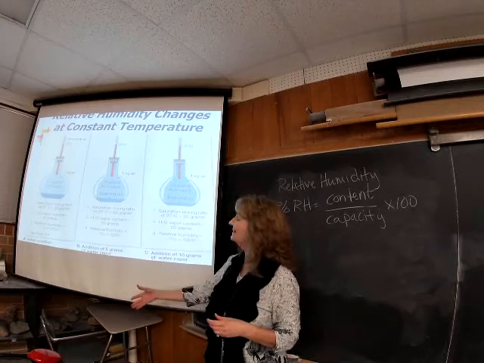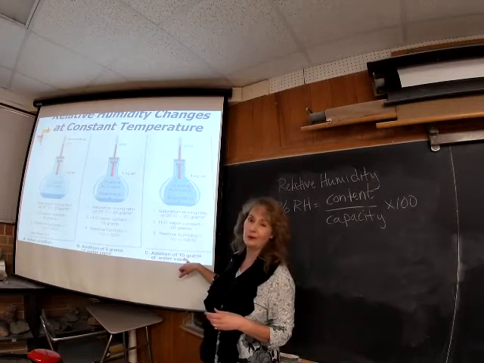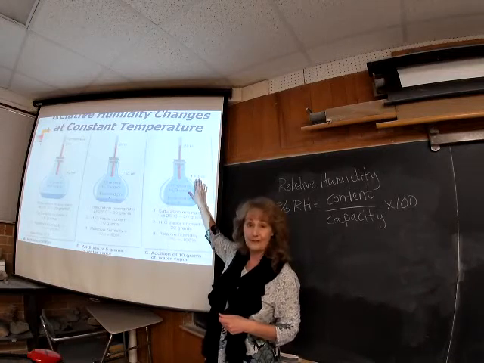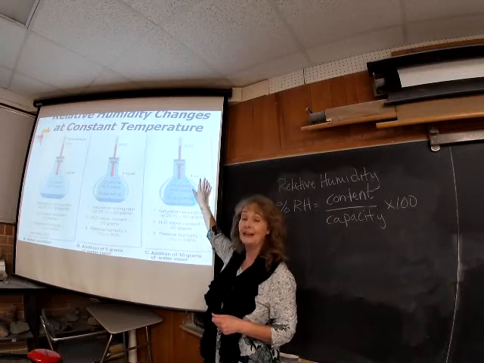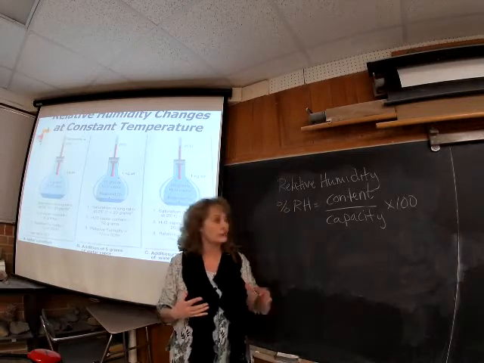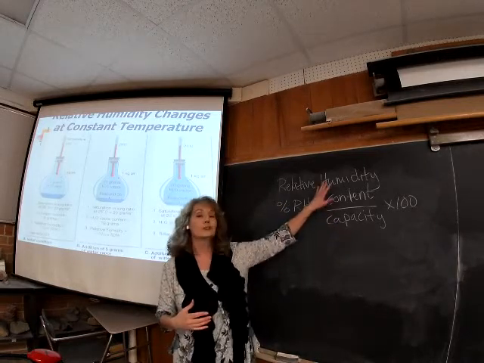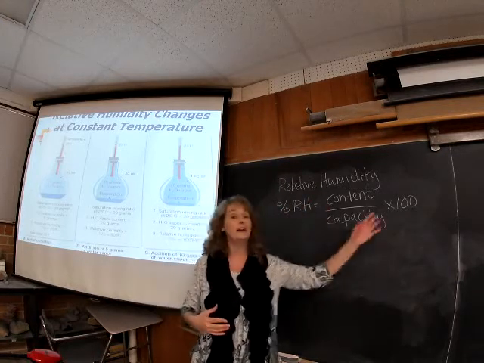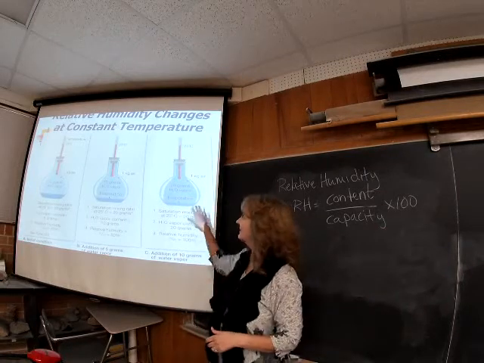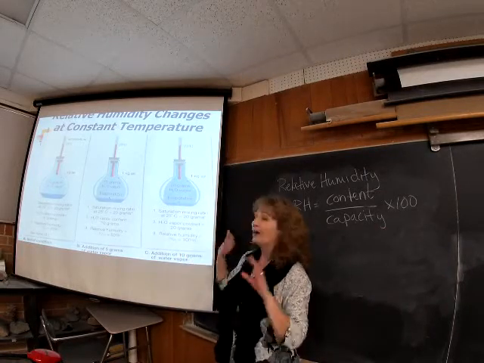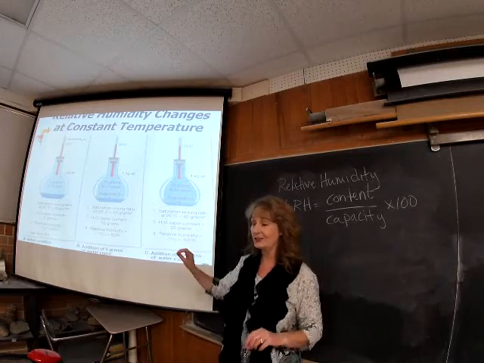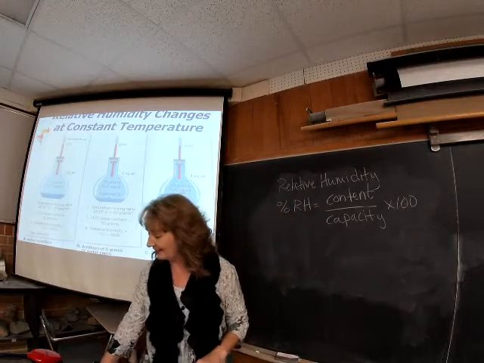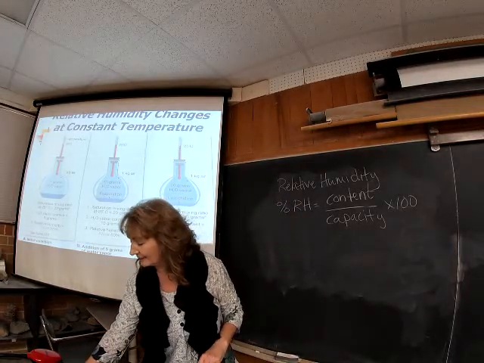Next thing they do, they go ahead and add an additional 10 grams of water vapor to what was already in there. So now they have 20 grams of water vapor, and the capacity is still 20 grams because they didn't change the temperature. So 20 divided by 20, content equals capacity, that equals 100% relative humidity, okay? We are saturated. The air is saturated inside of that little glass tube in there, okay, in that scenario.